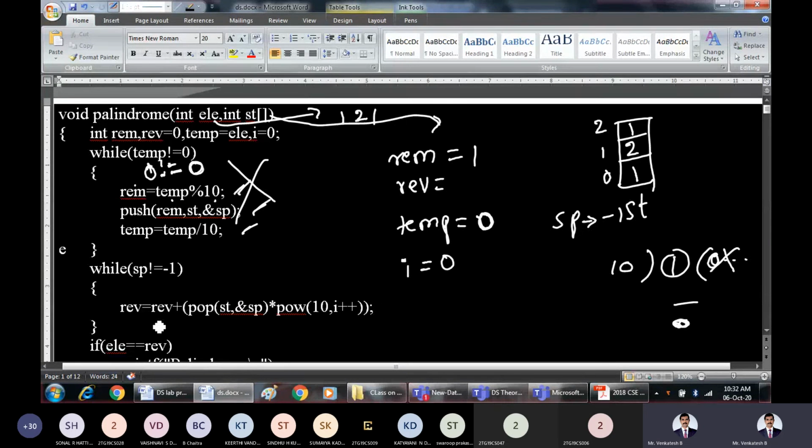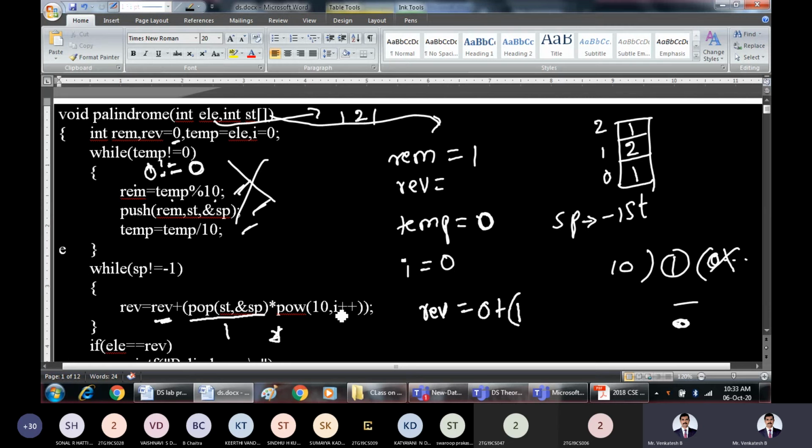There is nothing in the reverse. Earlier value of reverse. What is the earlier value of reverse? I will write the equation here. Nothing is there in reverse because we have assigned it a value of 0. So 0 plus, take the topmost element from the stack. What is the topmost element? 1. 1 within the bracket. This will give us a value of 1 star.